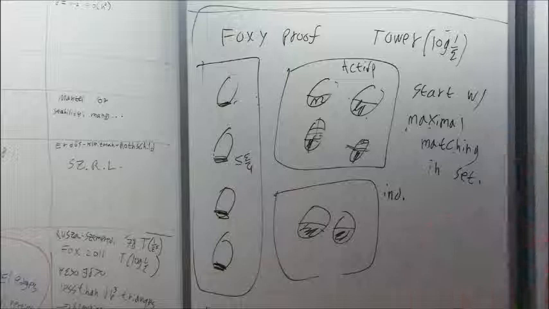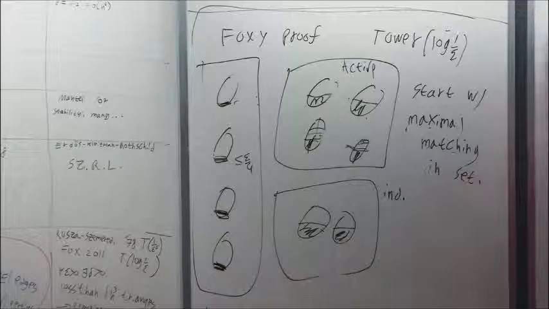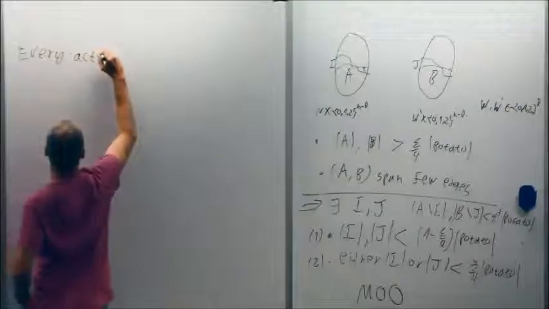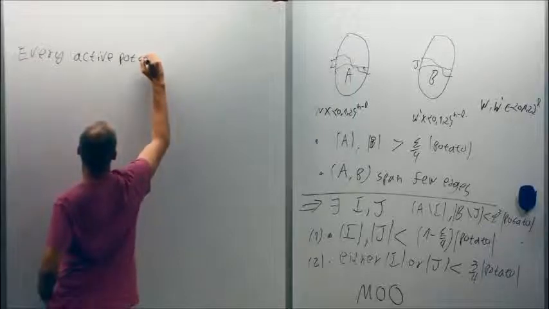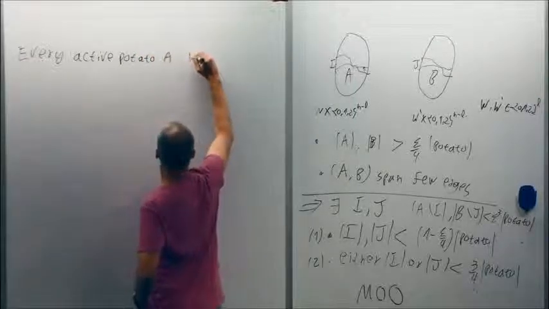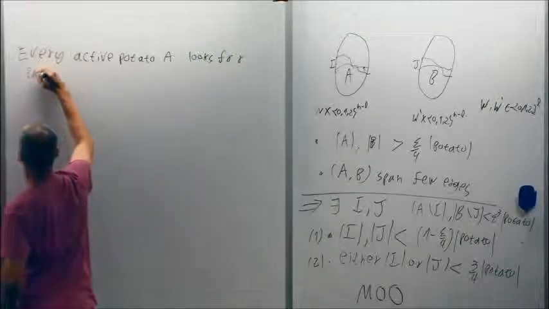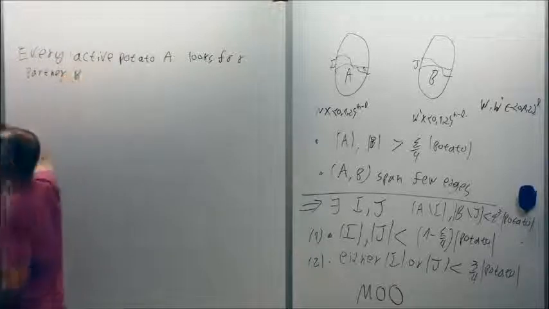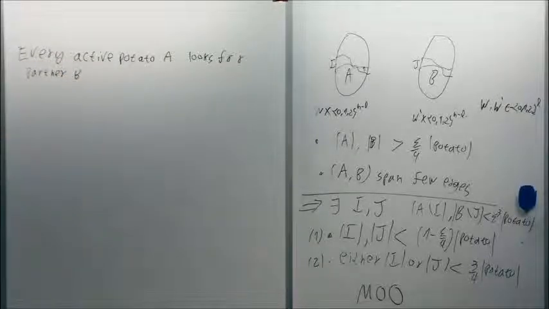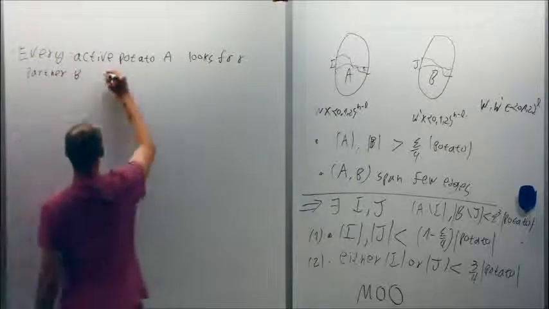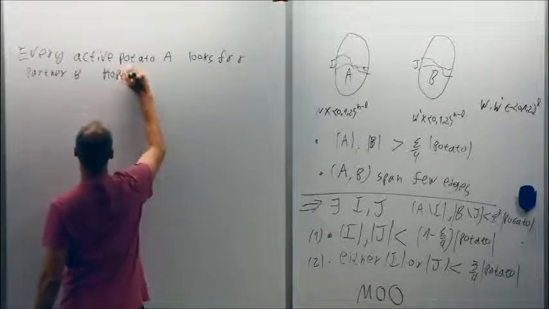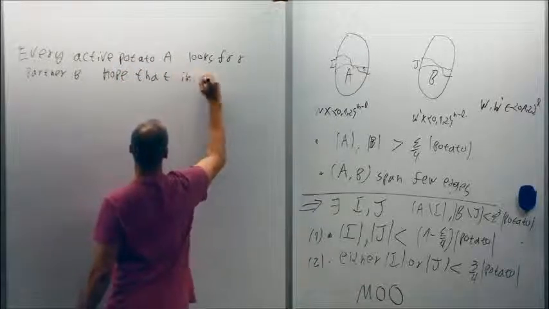But now I want to use this. So every active potato A looks for partner B. You're an active potato, which means that you have some edge leaving you, so maybe you have several edges, and you look for some potato which is connected to you, and hope that in applying,